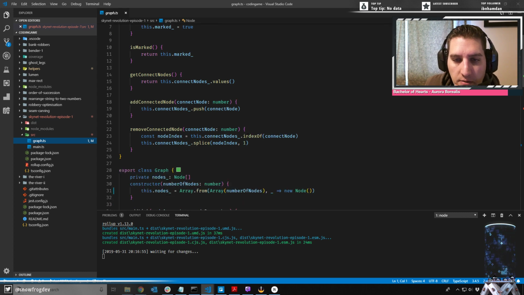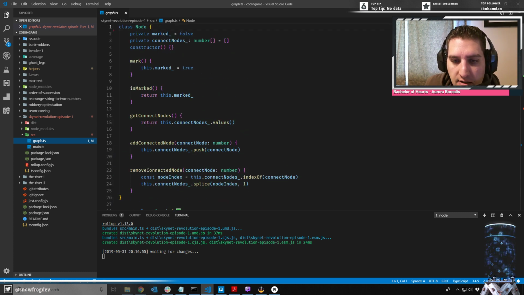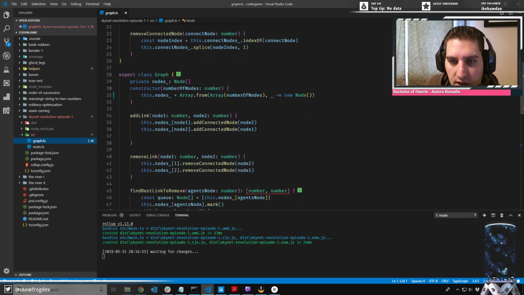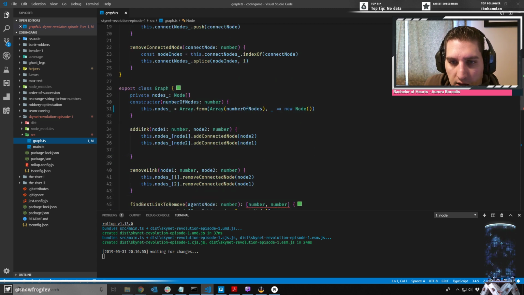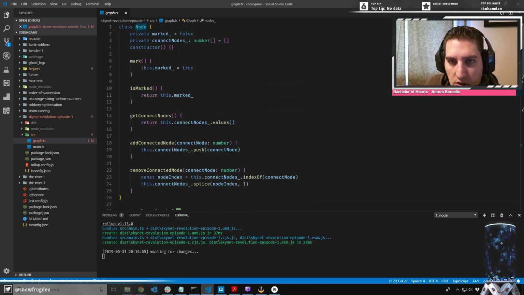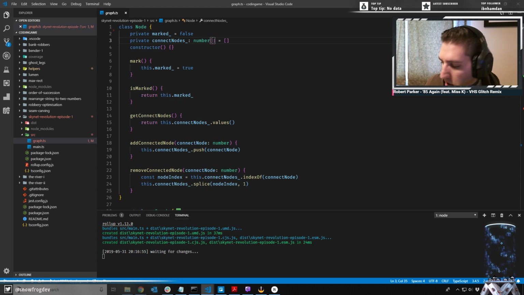What are we doing here? I have a class node and I have a class graph. In my class graph, I have a nodes array that contains nodes. This is my class node. What do I do in there? I have a marked property. I have a connected nodes property, which is an array of numbers. So this will be only the index of,